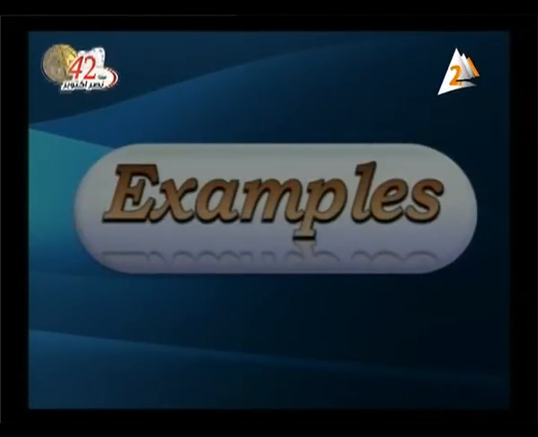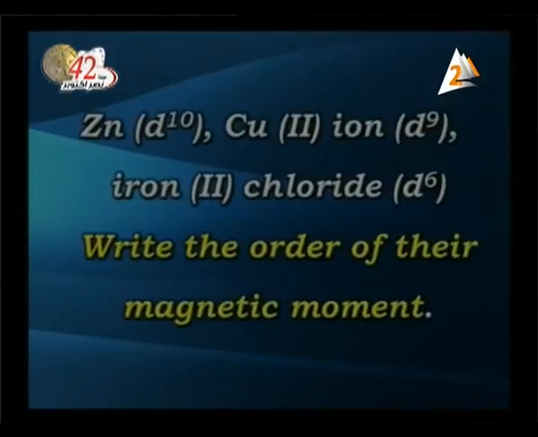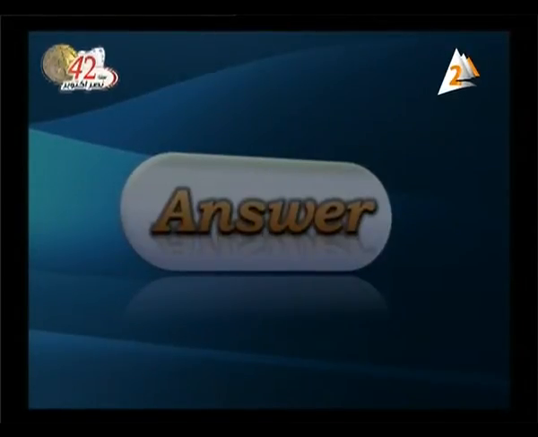Now, my dear student, we are going to discuss some examples on magnetic property. Which of the following substances is paramagnetic and which is diamagnetic? Zinc that has 10 electrons in the d sublevel, copper 2 ion that has 9 electrons in the d sublevel, and iron 2 chloride in which the iron has 6 electrons in the d sublevel. Write the order of their magnetic moment. The answer,